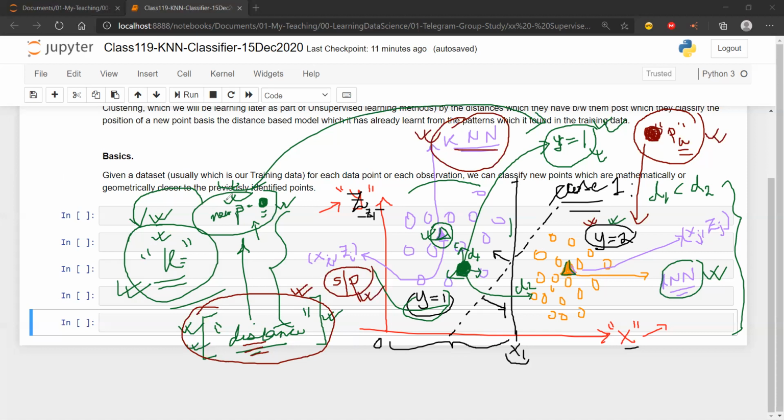But the criteria for choosing whether a new point is part of any class, like this point being classified as Y2 or this green point being classified as Y1, is purely based on what kind of distance metric I choose. So I'm going to choose the distance metric, and the model has already learned the patterns out of the groups, the groups that it has created based on the minimum number of items in that group that I've already provided. And basis that, it's going to cluster my new data.